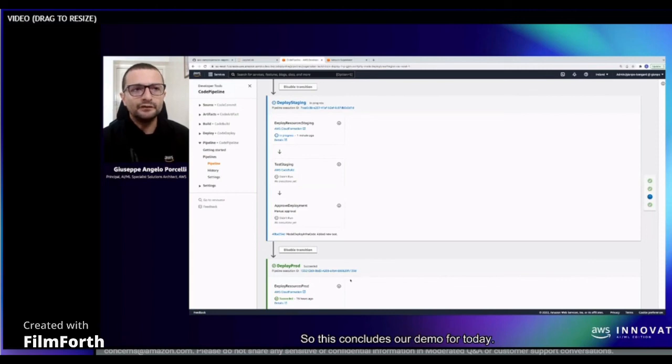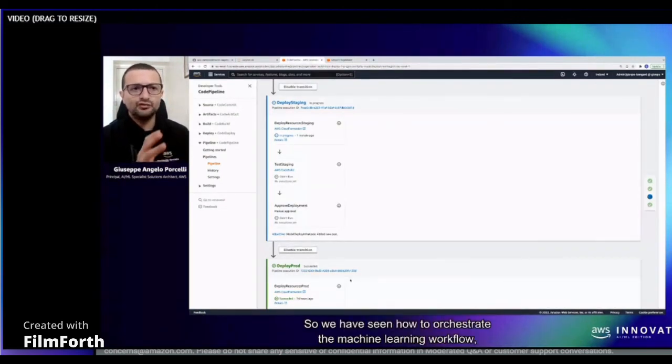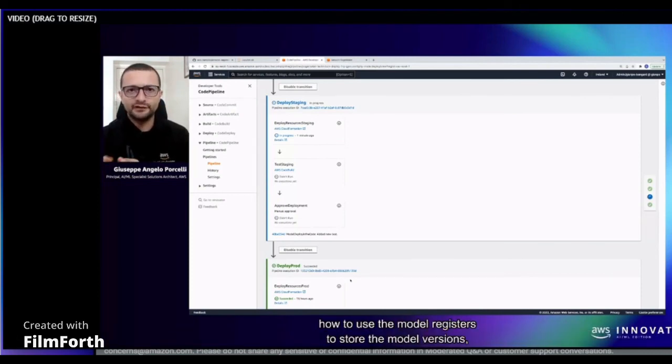So this concludes our demo for today. We have seen how to orchestrate the machine learning workflow, how to use the model registry to store the model versions, and then how to introduce